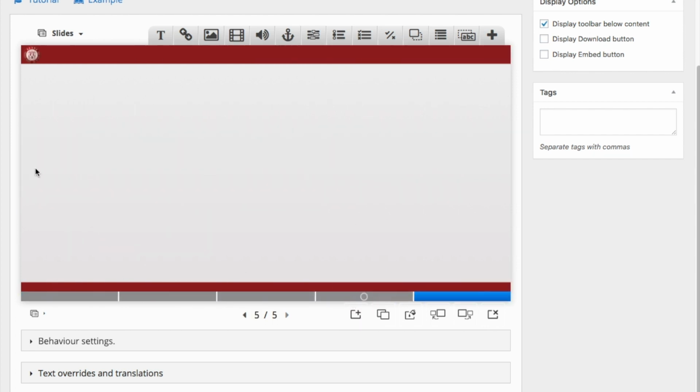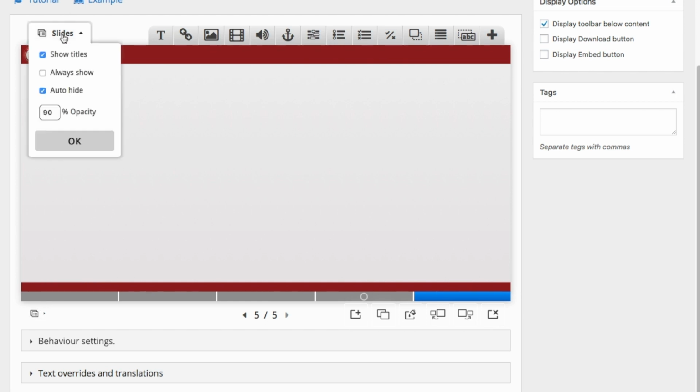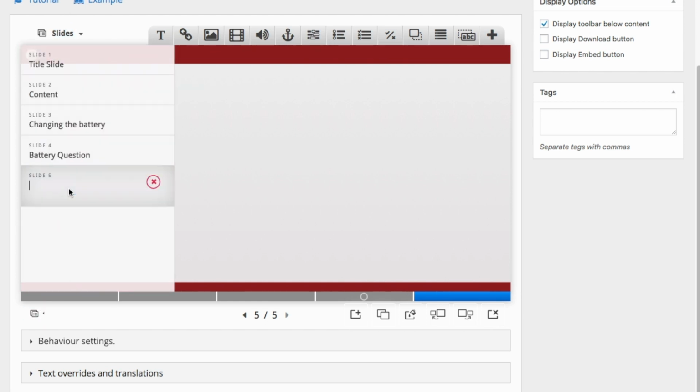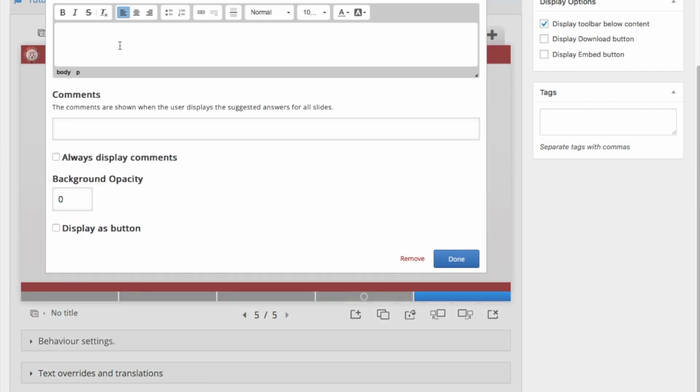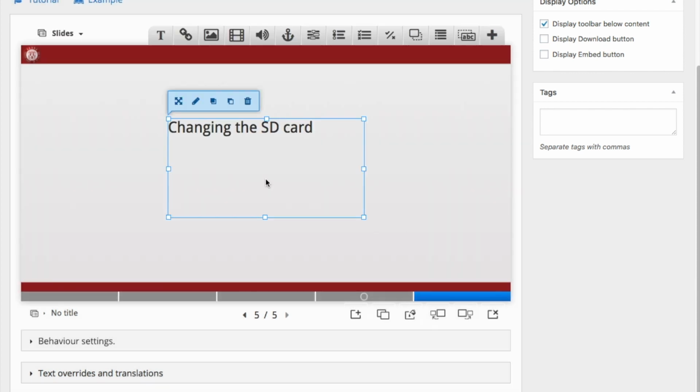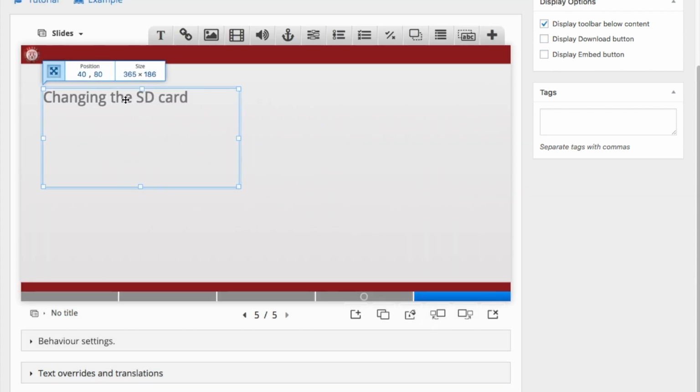Now we will add the next slide, and as we have defined earlier in our contents, this slide will be about changing the SD card. So again, we create a title for the slide, changing the SD card. We adjust the size, position the element,